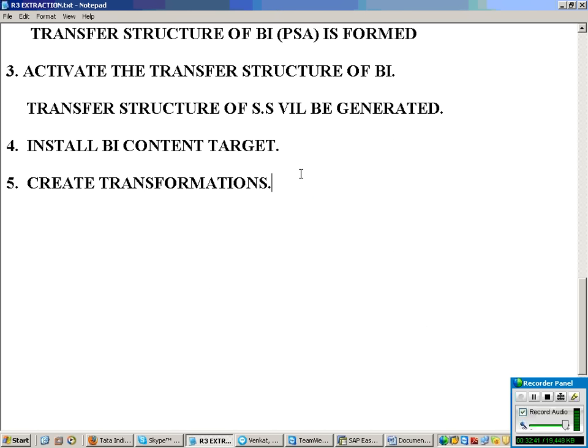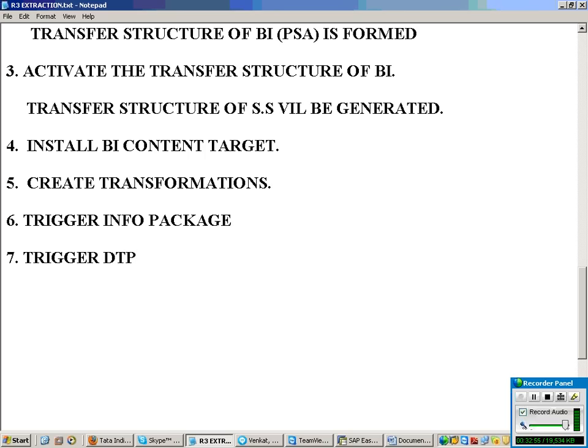Then after this, trigger your info package. Then finally, you have to trigger your DTP. Clear now? So these are the steps you have to follow whenever you want to extract the data from your